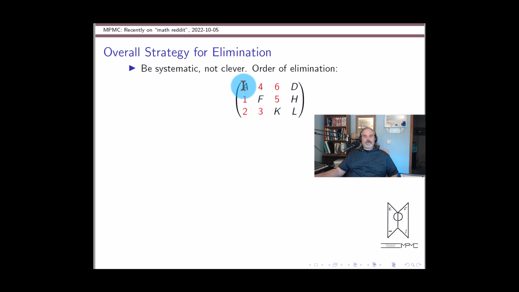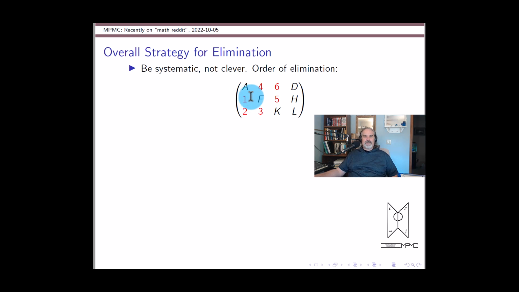The diagonal on the left-hand square should eventually develop, hopefully, into 1, 1, 1. But more importantly than that, we want to introduce zeros into these spots that are counted off with red digits, and we want to eliminate them in the order that they're shown here, unless there's a clever reason to do otherwise. But if you're just trying to not overcomplicate things and just do the same thing every time,